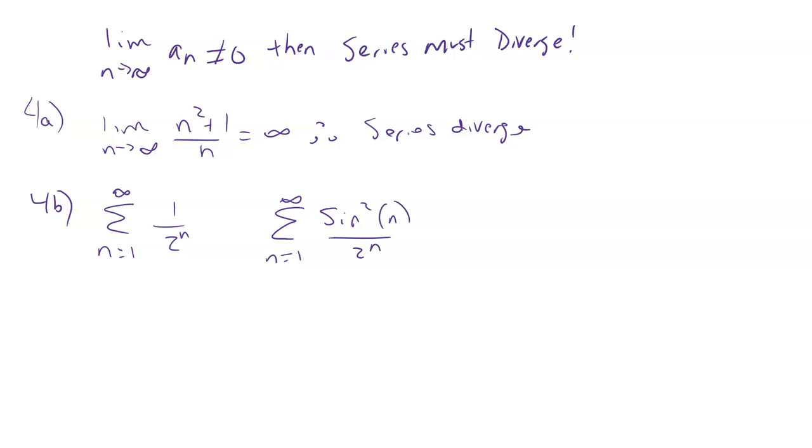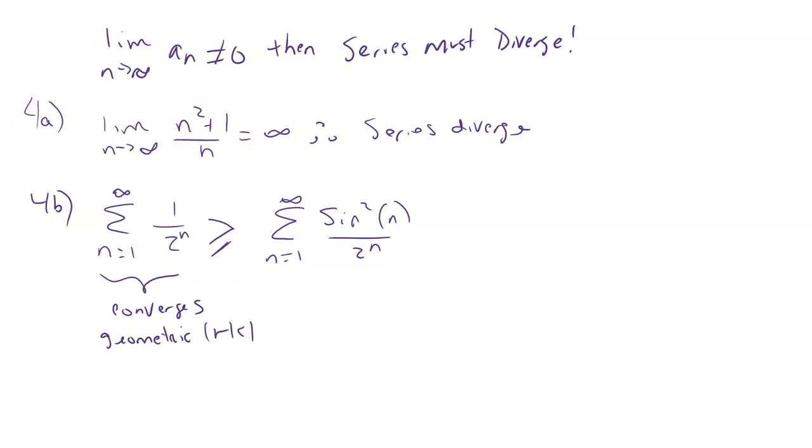Well, sine is always less than or equal to 1. It can't be bigger than 1. So the maximum thing that the numerator on this new series can be is 1, and it's squared, so it's always going to be positive. So it's always going to be between 0 and 1. So therefore, we know that's always the case. No matter what, this new sequence is always going to be less than the geometric series of 1/2. We know this converges as a geometric series